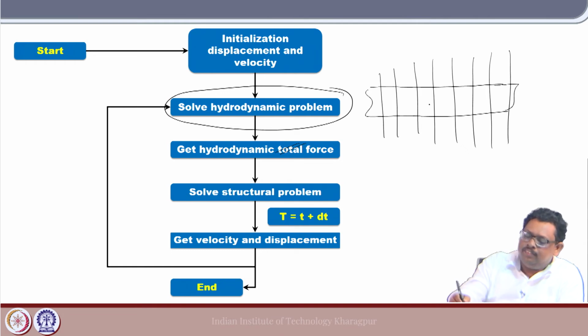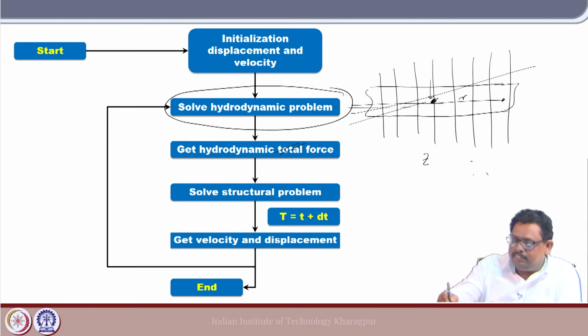Otherwise, normally if you consider a rigid body, I am happy to know what is the force acting at the centroid, and then I multiply with the moment arm r, and I can get the moment as well, right. And also if I know at this point what is the vertical displacement z, and also if I know the angular displacement theta,